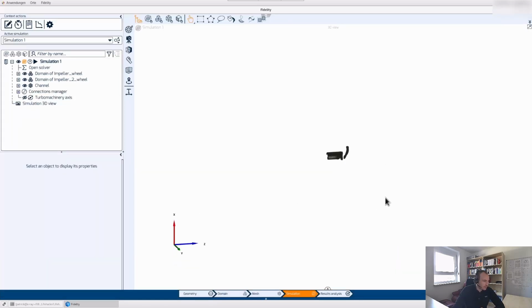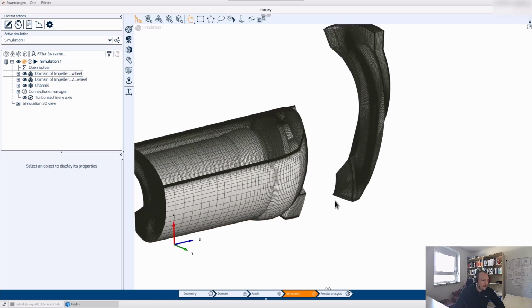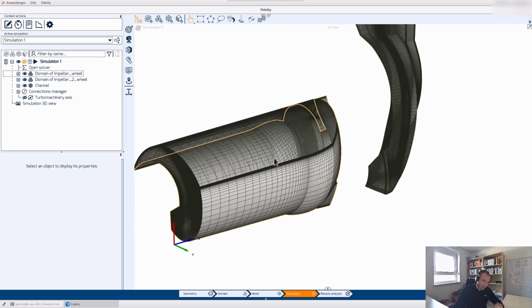So I switch to open solver and add both domains, so the axial inducer and the radial pump. Let me close this and enhance this view right here. And by default, as you will see, you will end up with the structured grid for both domains, which is okay for the radial pump. However, we would like to use the unstructured grid that we